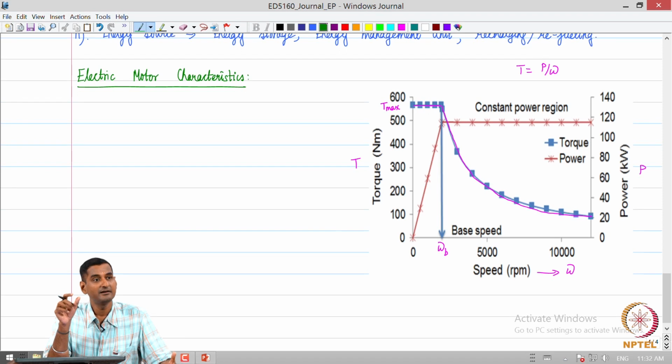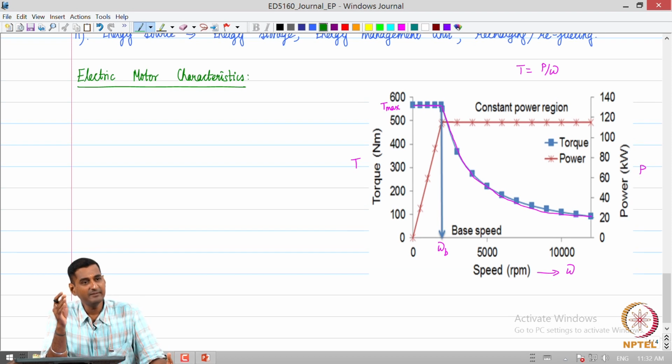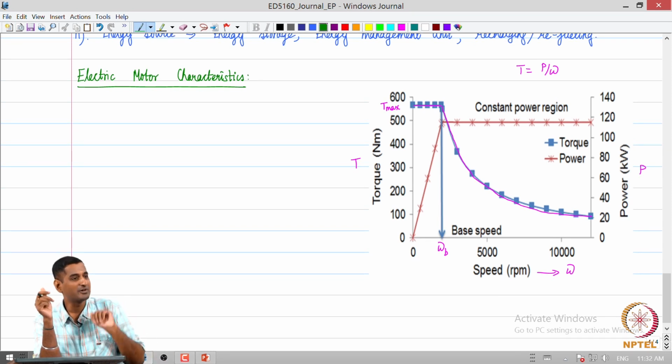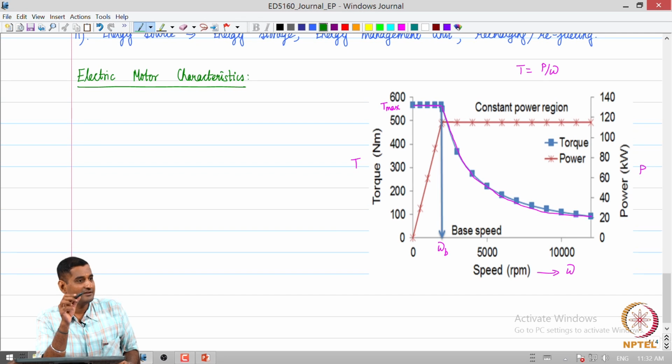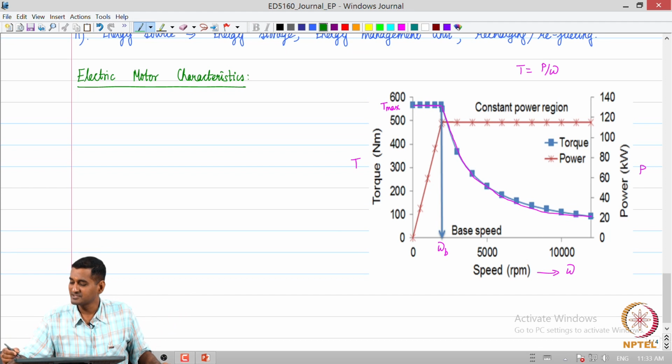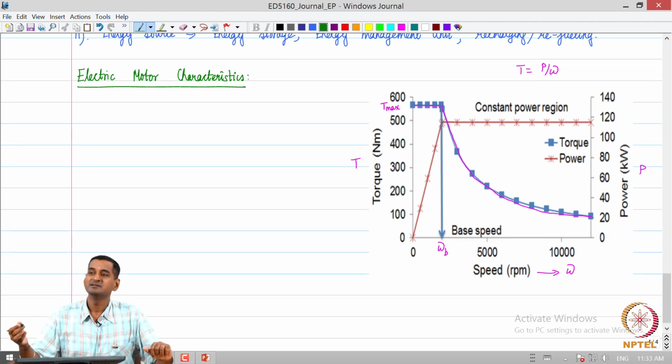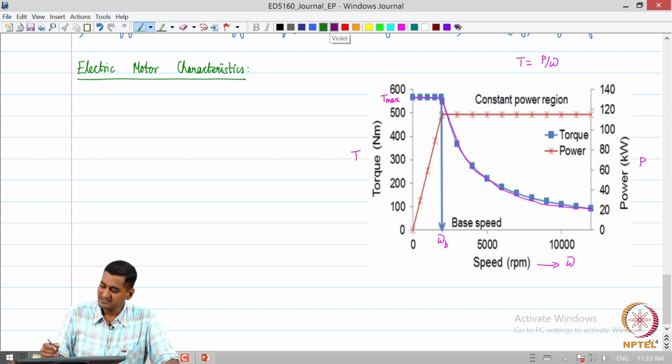So, building on this discussion, we will see that if we are able to keep the base speed as small as possible, then the torque speed characteristics are going to go like a hyperbola over an extended speed range, which is advantageous. But the question becomes, are there motors which will provide a very narrow constant torque region, and a much larger constant power region? Those are some questions which we are going to revisit shortly.